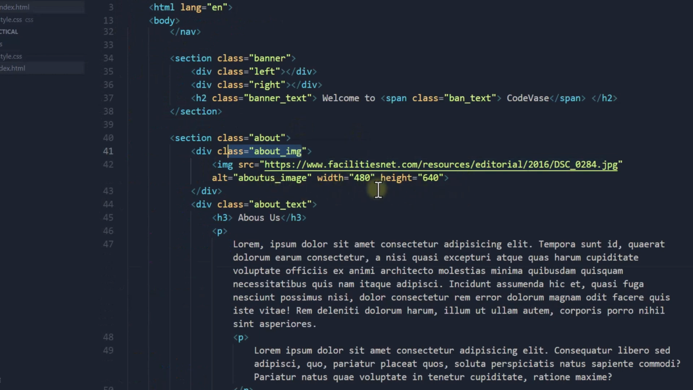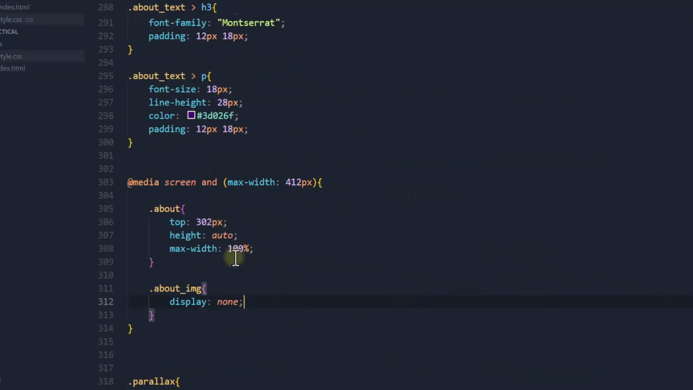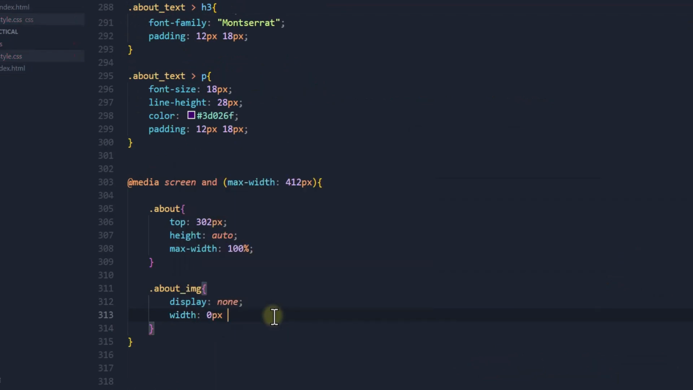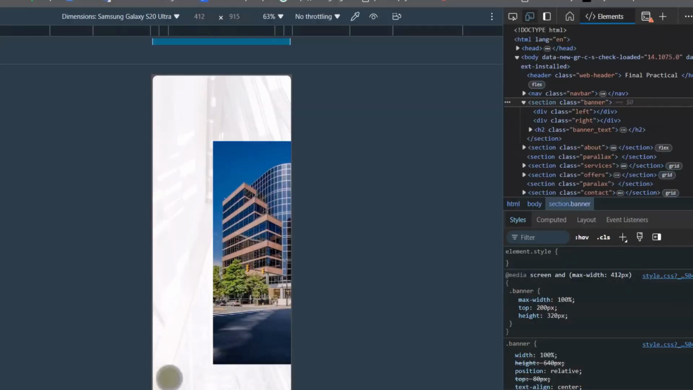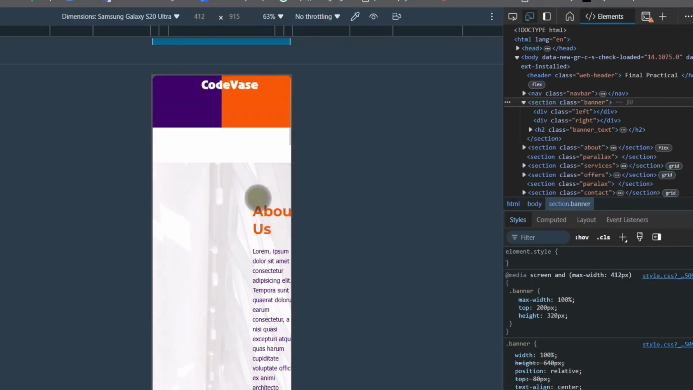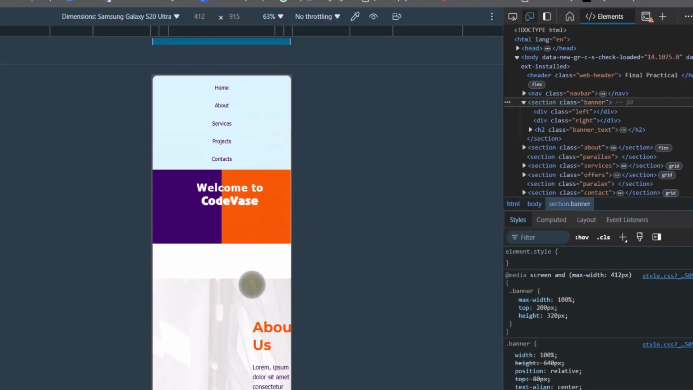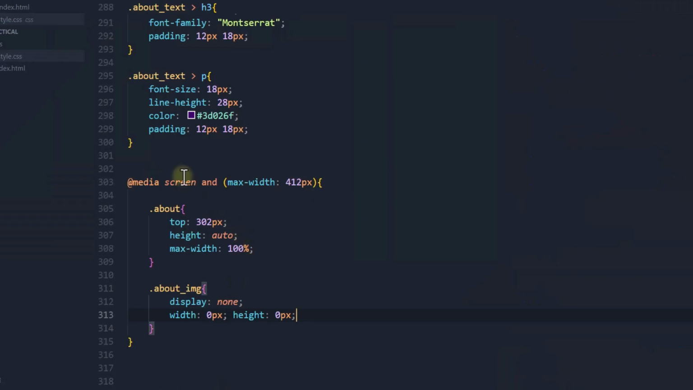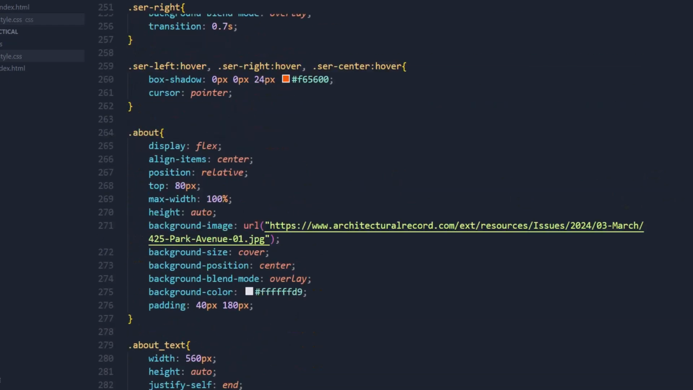I'm going to say width and height should be 0 pixels as well, just to be sure. Come here, width 0 pixels, height 0 pixels, and now only the text is visible here. So you can see that there is still this excess space down here for the banner to enter. So I'm going to shift my banner down. So I'm going to come up